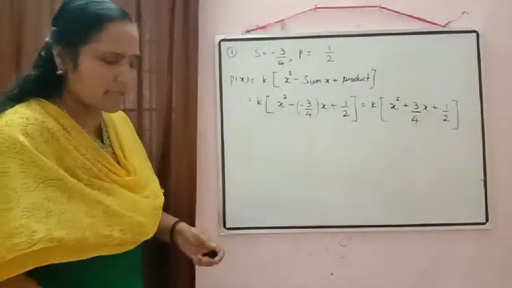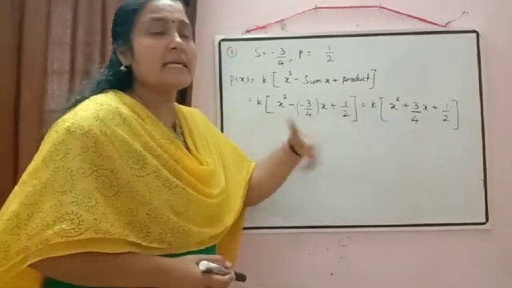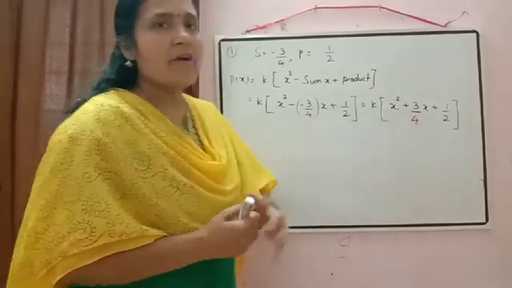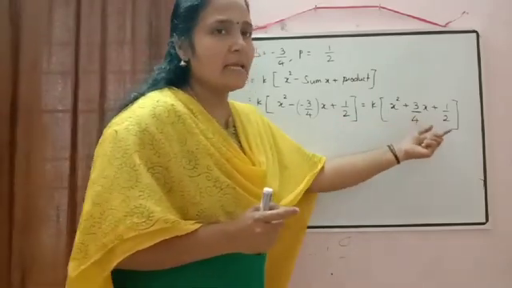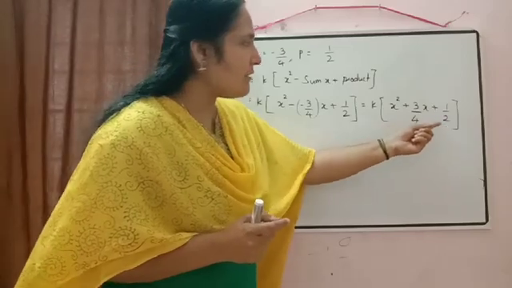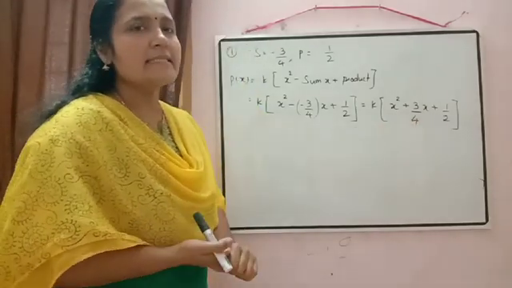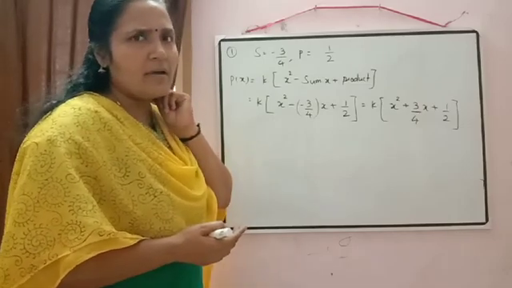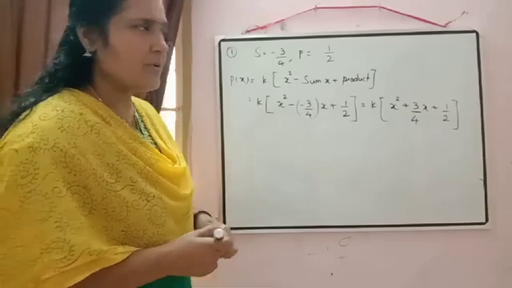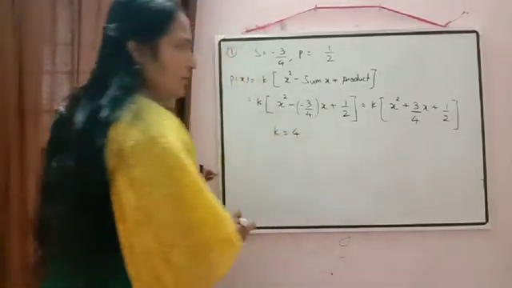So usually we don't like our answer in fraction there. Now what we will do? We'll take the value of k in such a way that we can avoid this fraction. So for that you have to check what is there in denominator. And what is the number we have in denominator? 2 and 4. So just to take the LCM of these two numbers. What will be the LCM of 2 and 4? Yes, obviously it will be equal to 4. Then what we will take? We'll take k is equal to 4.